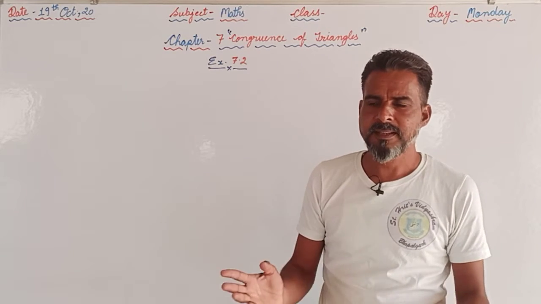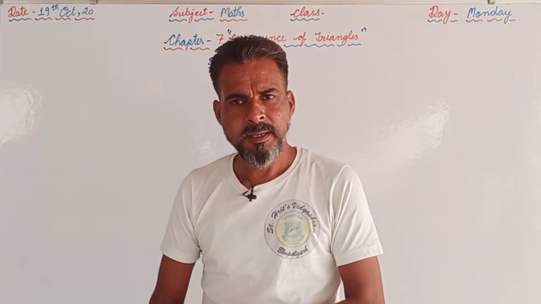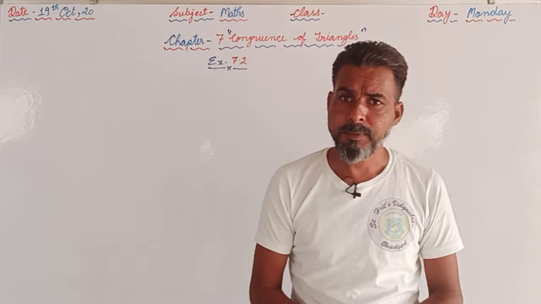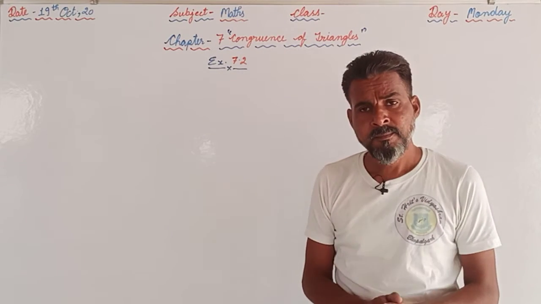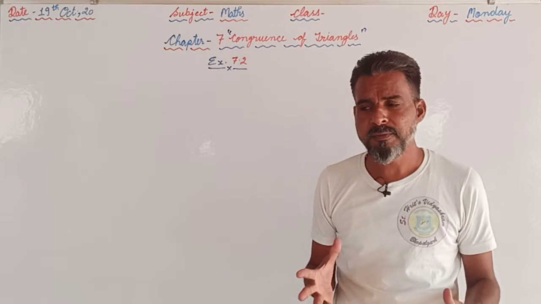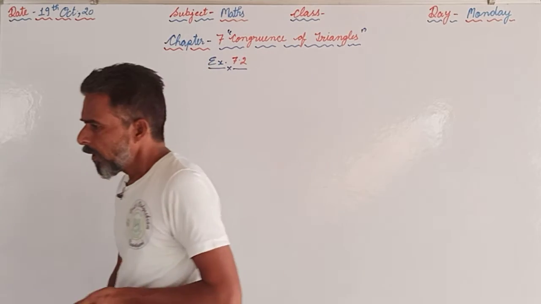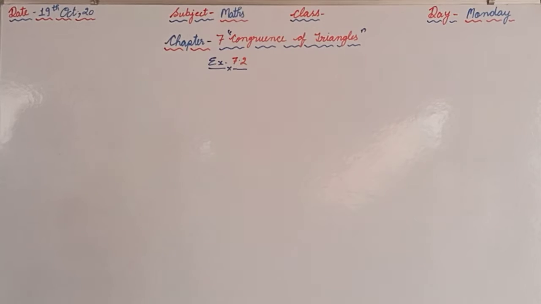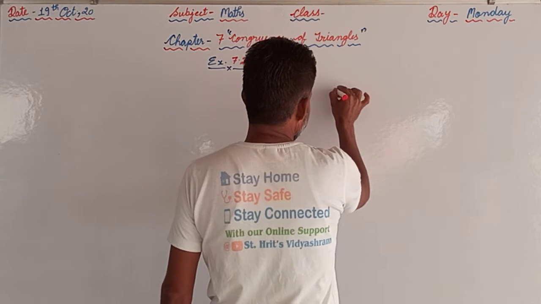This video is for class 7 and the subject is maths, and we are continuing the same chapter, chapter number 7, and the name of the chapter is congruence of triangles. Now we were proceeding with exercise 7.2 and we are supposed to discuss the last question in which two figures are given. First one is